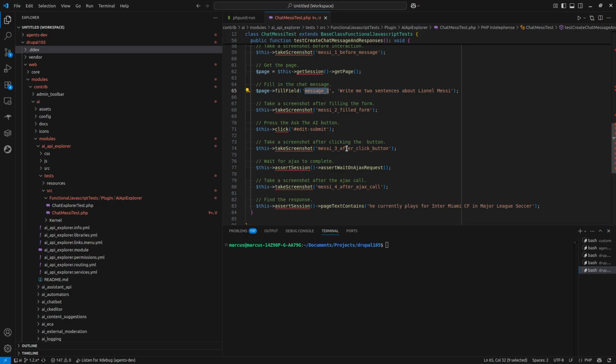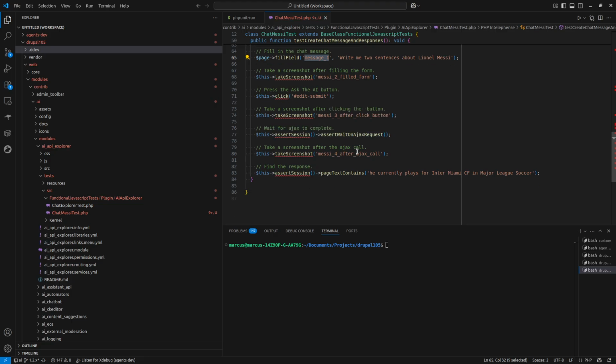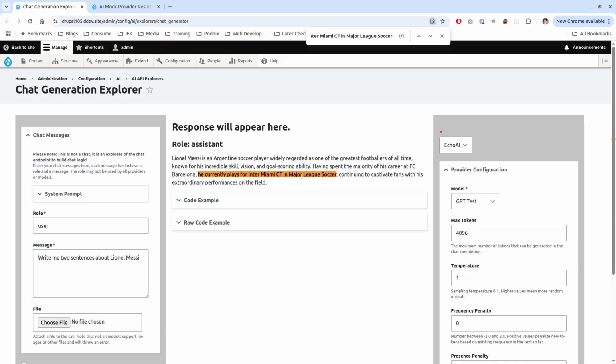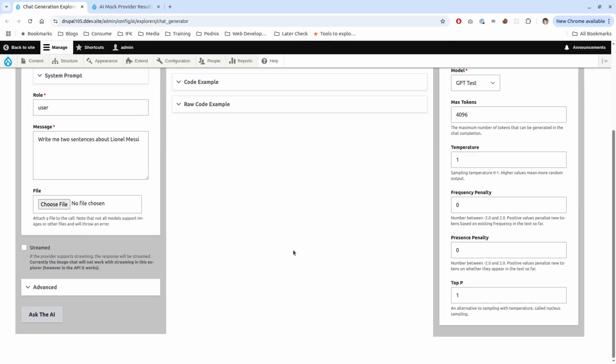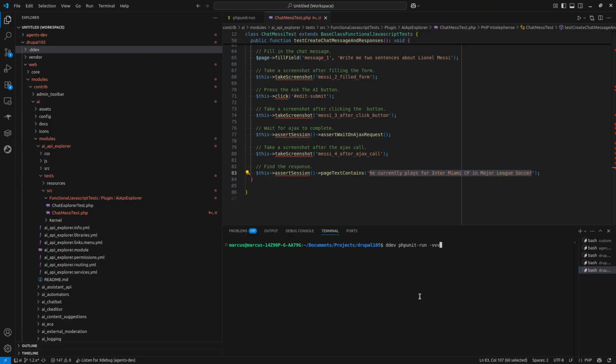Take another screenshot while the AJAX is running. We're waiting on the AJAX request to finish. Take another screenshot, and then the text should contain this, because that is part of, yeah, you can see here, should contain this. So if we run this now, this is just gonna fail